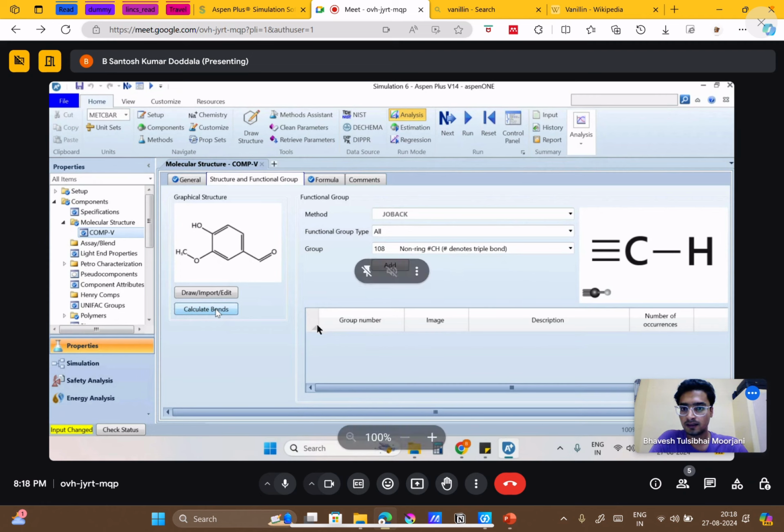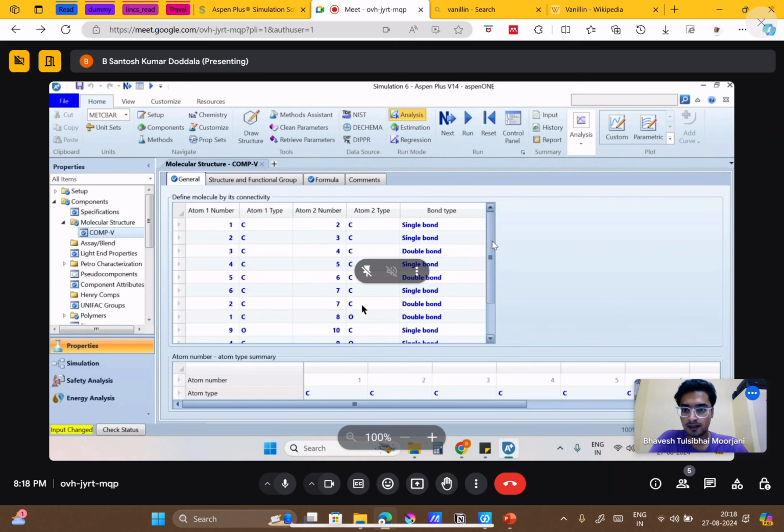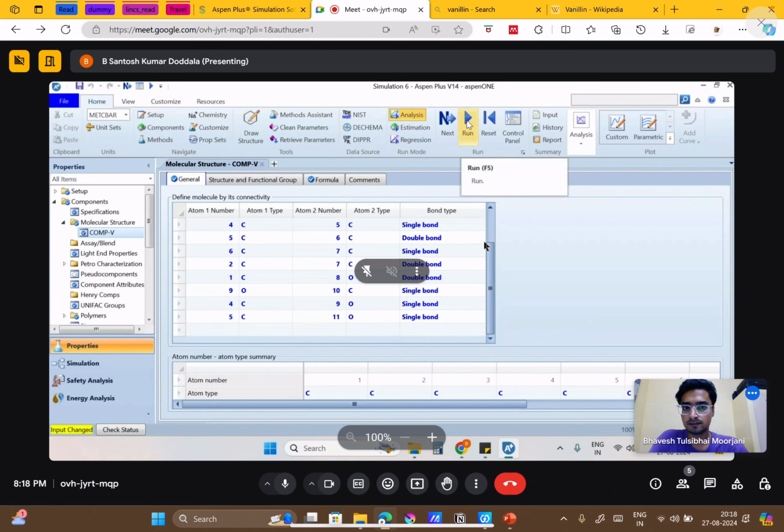Click it. Go to general. I think it should have generated. Yes, here the bonded network of your structure is also created. Now run the analysis.